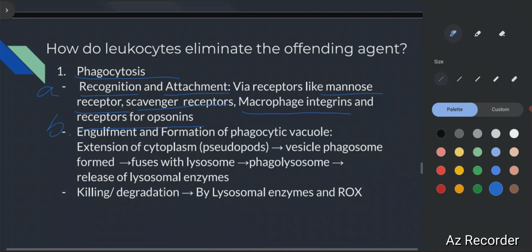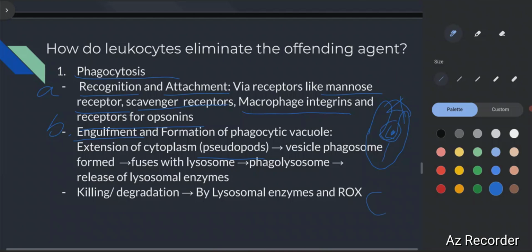Then second step was engulfment and formation of phagocytic vacuole. How does a phagocyte engulf? Yeah, it extends its cytoplasmic processes over that receptor antigen complex, and those cytoplasmic extensions, I made something like this. There was your receptor and antigen. So these cytoplasmic processes are known as pseudopods. These are formed, then they fuse, they wrap whole of this complex, and this complex comes inside the cell and